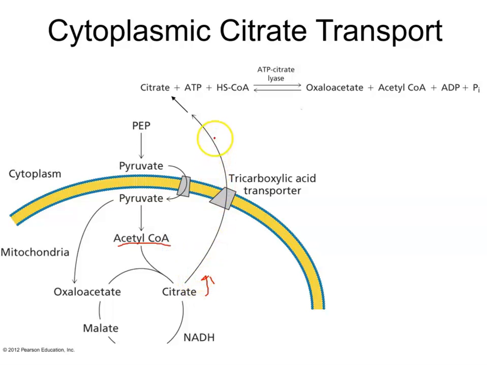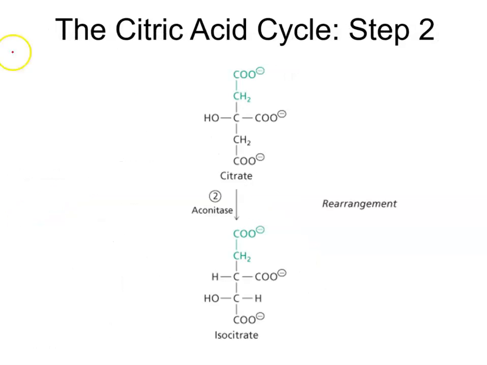So if I were going to ask you if it's going to activate or inhibit glycolysis, what would you say? This is high levels, and I will not tell you the answer, but you should be able to work through that and think about that question. Once we have our citrate, then we do a rearrangement where essentially we're going to move around those carboxylic acid groupings, and we move this hydroxide down to this other carbon. So this is just an isomerase reaction,